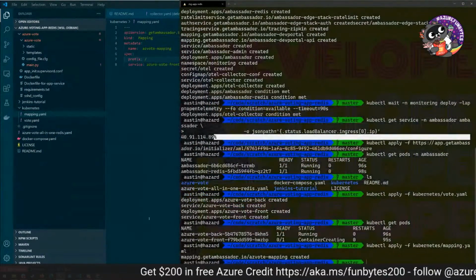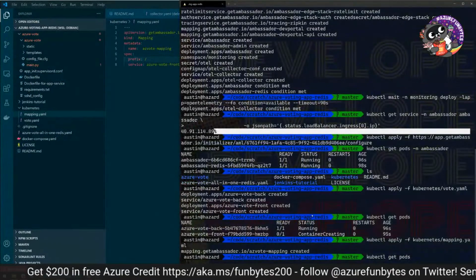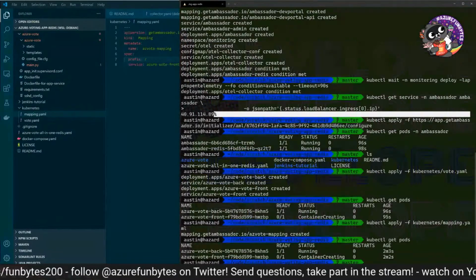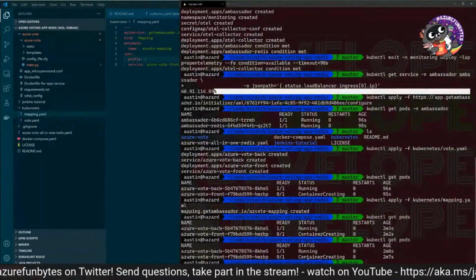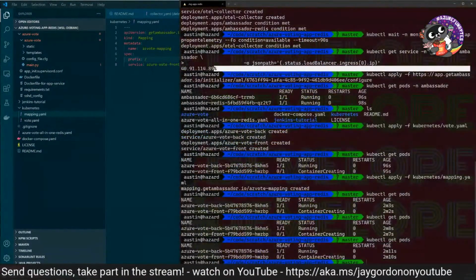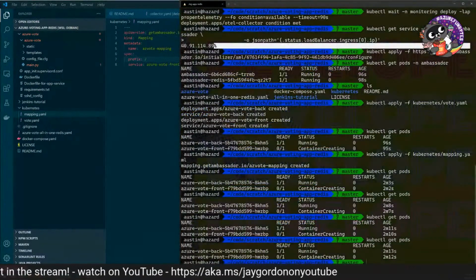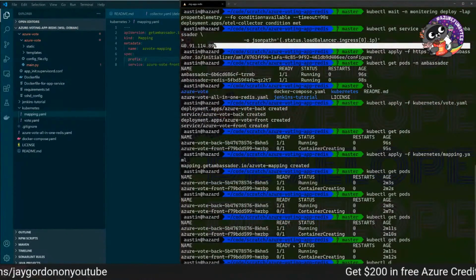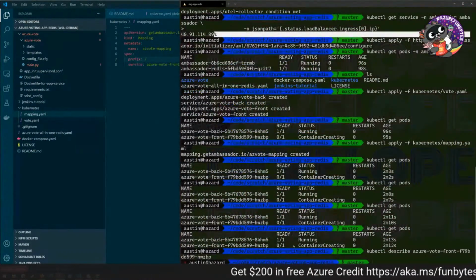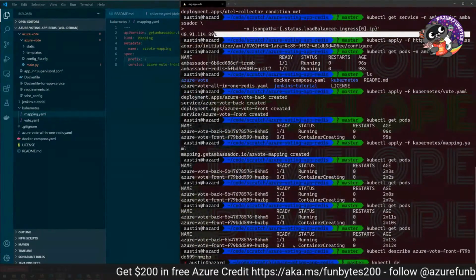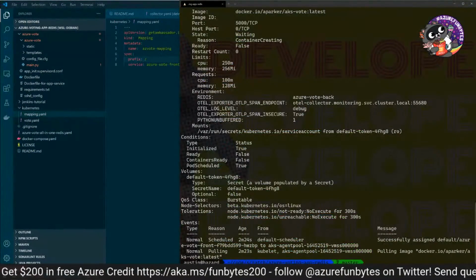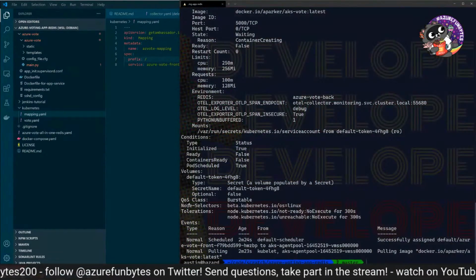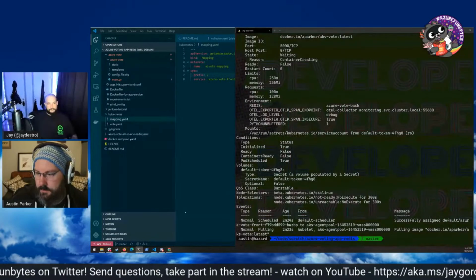Okay. And then once that container creates, we should have... it's pulling that container still.